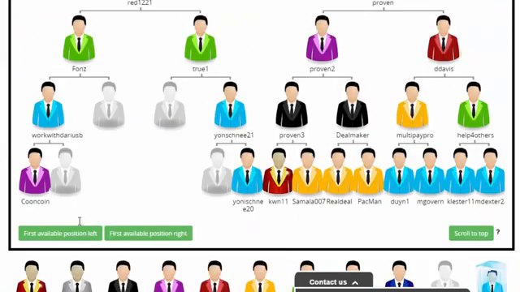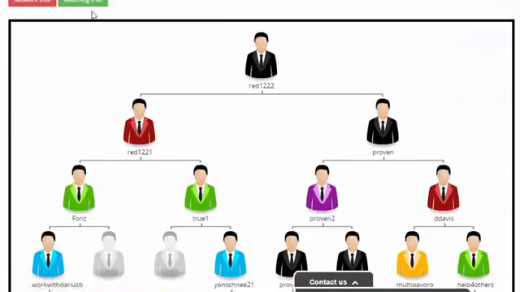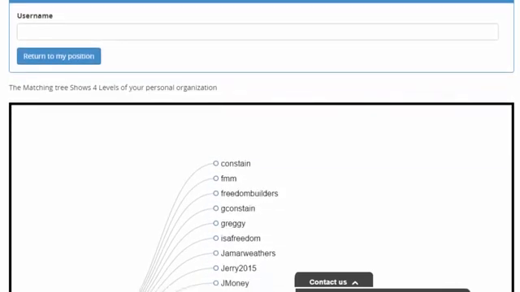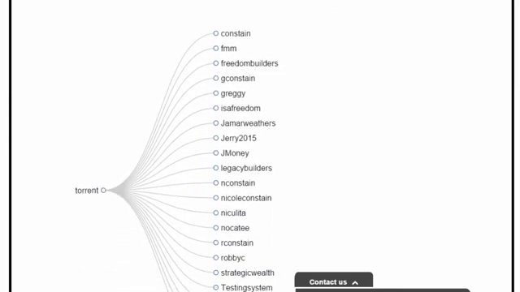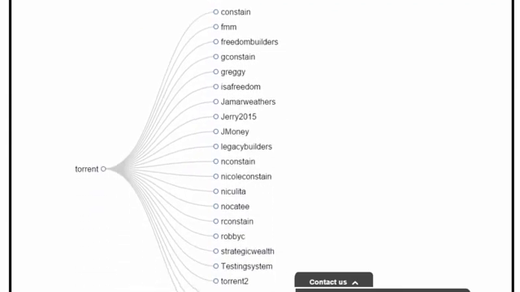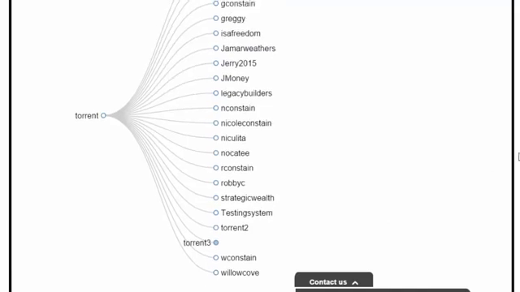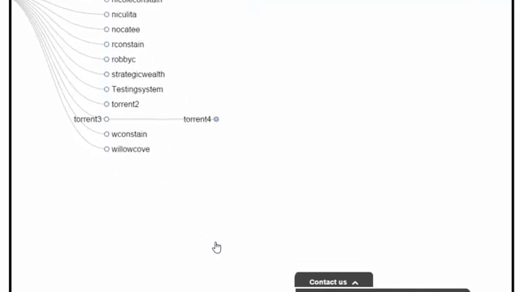Now, just while we're here, let's go ahead and take a look at the matching tree. Now, the matching tree is different because it's not showing you a chronological placement of people. It's more showing you the relationship of you to other people. So everyone that is in your first genealogy, let's call them your children, they're all going to show up like that. And then if you want to go down, you would see that you have